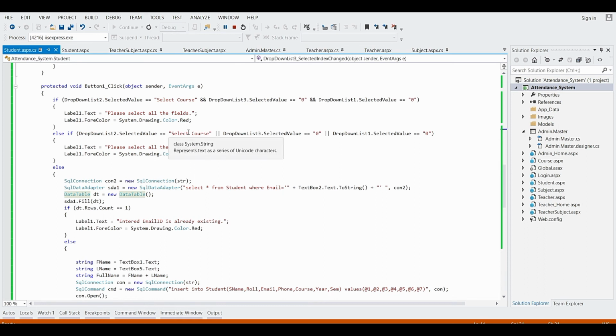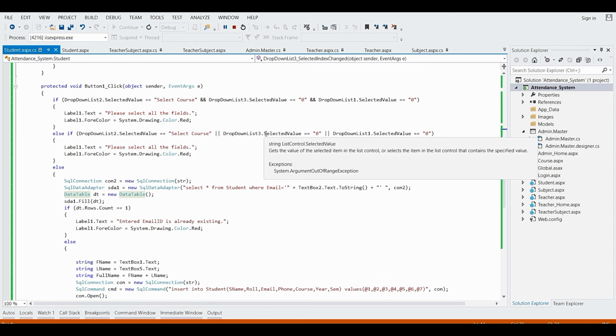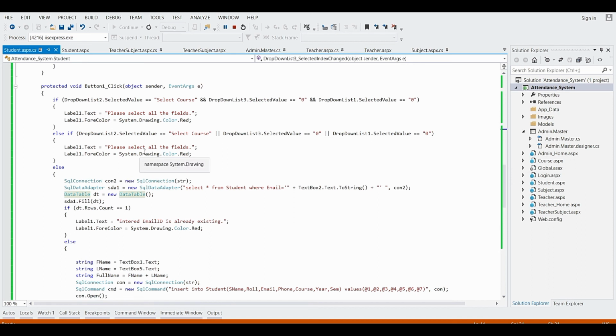And here it will check if any one drop down list is not selected, it will display this message. Suppose these two drop down lists have been selected and this drop down list is not selected by the admin or user, then it will display this message. If this drop down list has been selected and this also, and this one is left, then it will display this message.